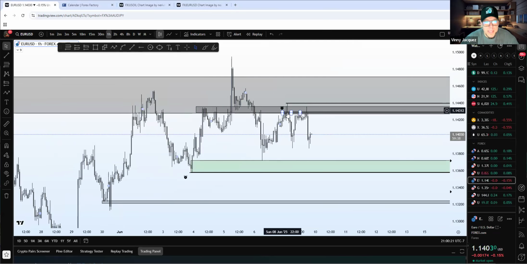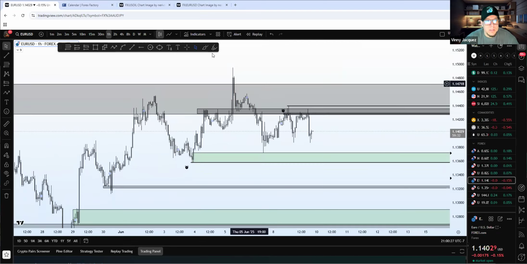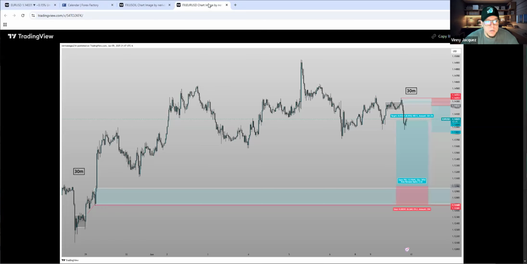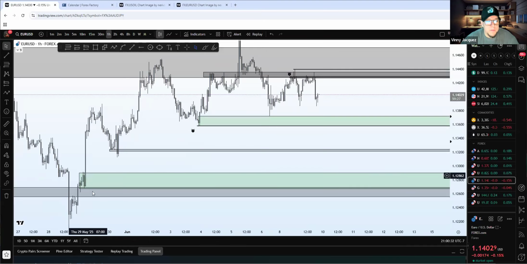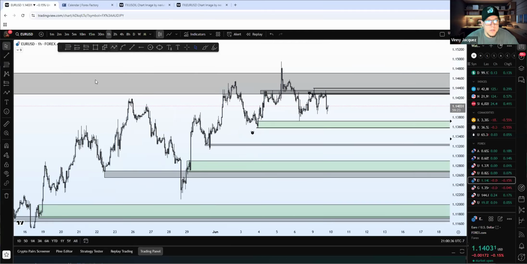Yeah. So if you didn't capture those sales, then it's going to be a bit tougher. I feel like it's going to be hard. Let's see. Your buys were down here. Yeah, we have the same buy area. Not only that, it goes hand in hand with a massive inverted head and shoulders, right? Left shoulder, neckline, head, change of direction.